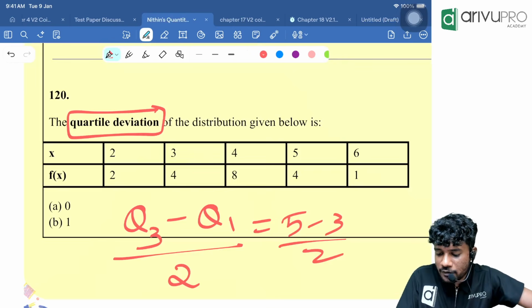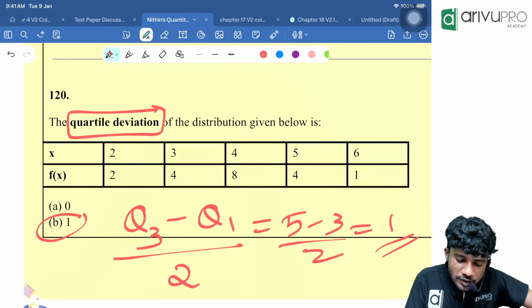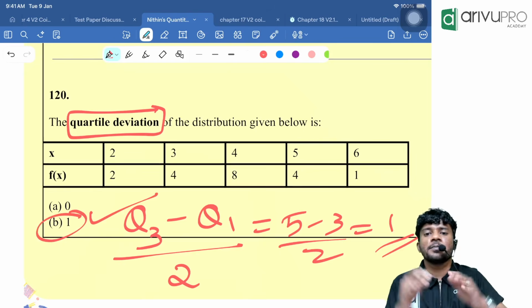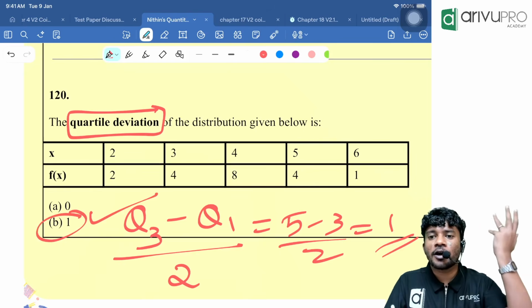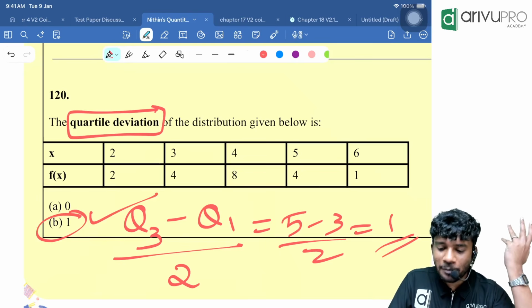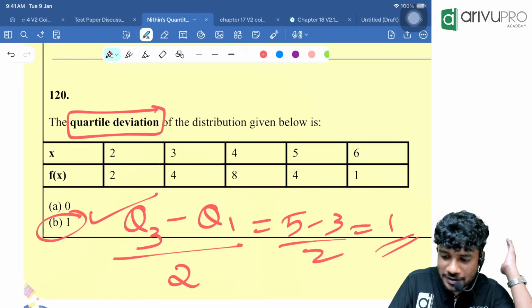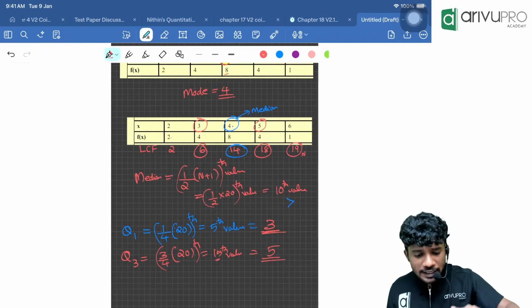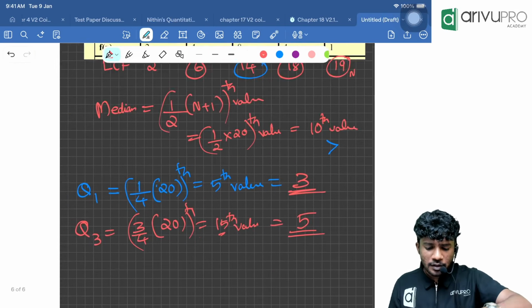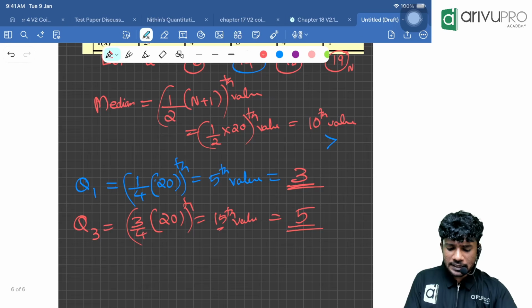5 minus 3 divided by 2 is 1. Which option is the answer? Option B. The question might look complicated, but is it a complicated question? No. Group data, easily you got the answer. Then, next one is, can you find percentile